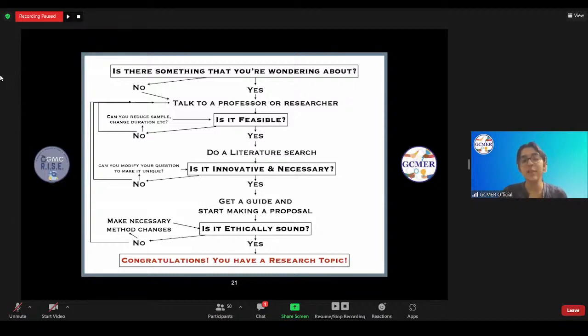So if you go through all of these steps and you do find a research topic, please feel free to reach out to me and tell me that, you know what, I went through all these steps, found a research topic, tell me if it's good, or tell me if there's anything you can help me with. I'll be happy to do that. But just come with a research topic, because